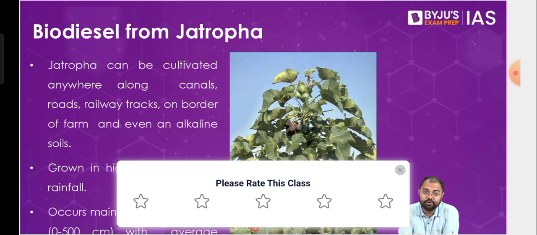For example, whether there's high rainfall or low rainfall, it can grow. Whether the soil is fertile or maybe not so fertile, it can still grow. So it can be grown on the sides of the canals, the sides of the roads, the boundary of the farms, etc. It can be grown anywhere. So first thing is, it can be grown anywhere. That's a big advantage. Second, when it comes to Jatropha seeds, or the fruit that Jatropha has, the seeds that are derived from there can be used for biodiesel production.